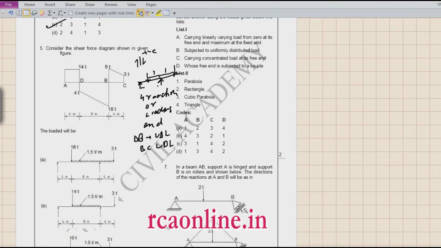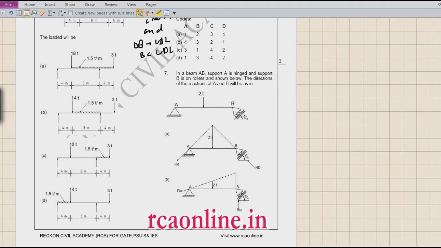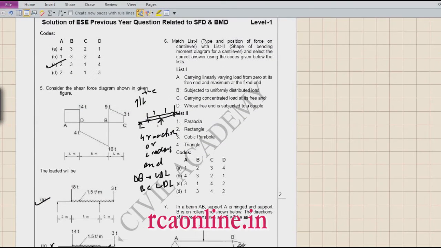We will not go into the numerical part, just first see that which of the option is satisfying this. If there will be more than 2 options, then we will try to find the value. If you see, the UDL here is in this B option we have UDL, but we are not having this UDL, so this is wrong. Again in this part I have not UDL, so this is wrong. This is also wrong. So what will be my answer? A. Without calculation you can do it. Clear? Now see the next question.